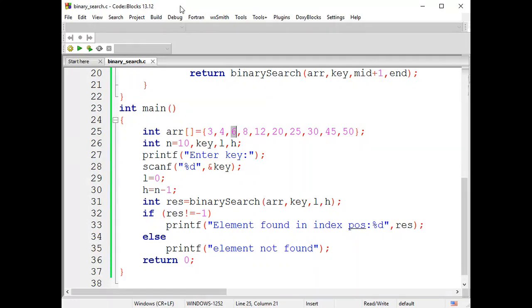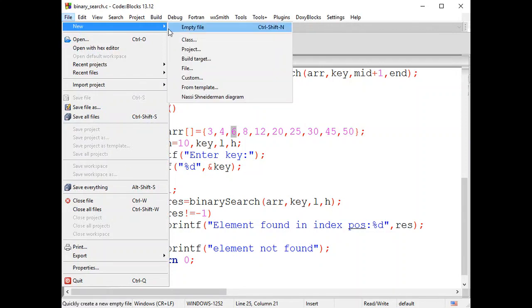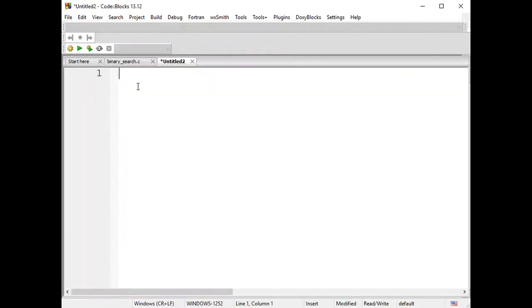Shall I give one small task for you people? Will you try it out, a small program using recursion? Everyone knows sum of digit, I guess. Sum of digit is a small scenario.